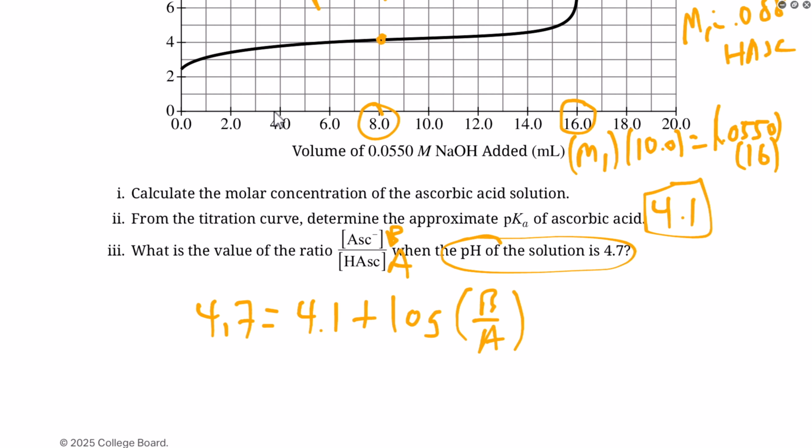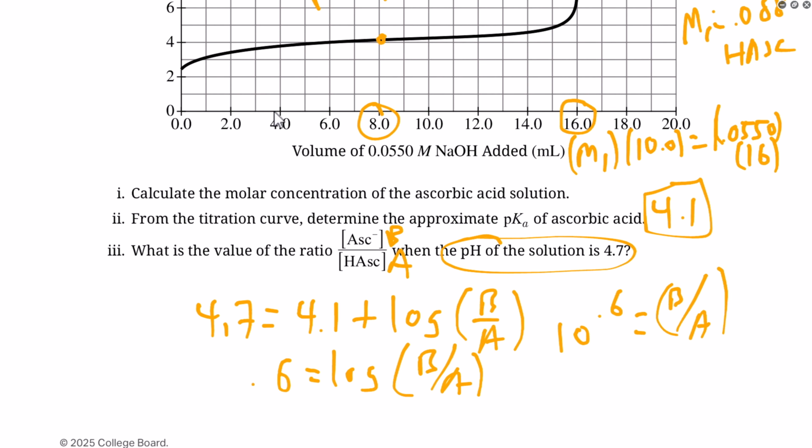Subtracting these values, we get 0.6 equals the log of the concentration of base over acid. So we're going to take 10 to the 0.6 power to get the ratio of base over acid. Simple enough, because 10 to the power of is the inverse function of the log. So 10 raised to the 0.6 gives me 3.98 as the ratio of base to acid, which makes sense because